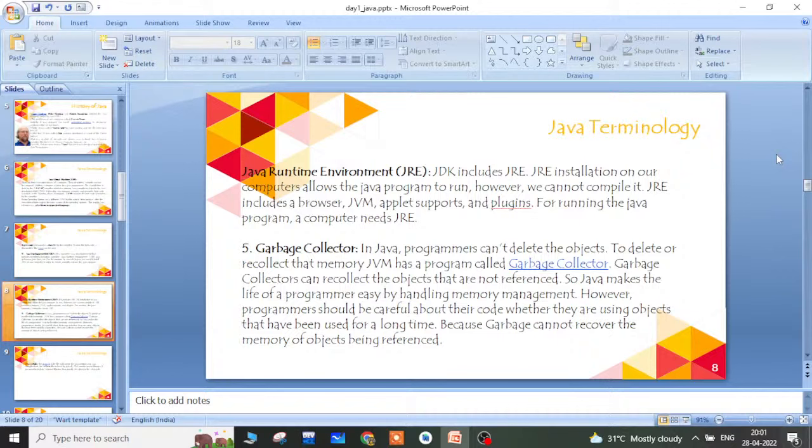Everything is available with the JRE. We need not install this JRE separately; when you install the JDK, it installs the JRE also.